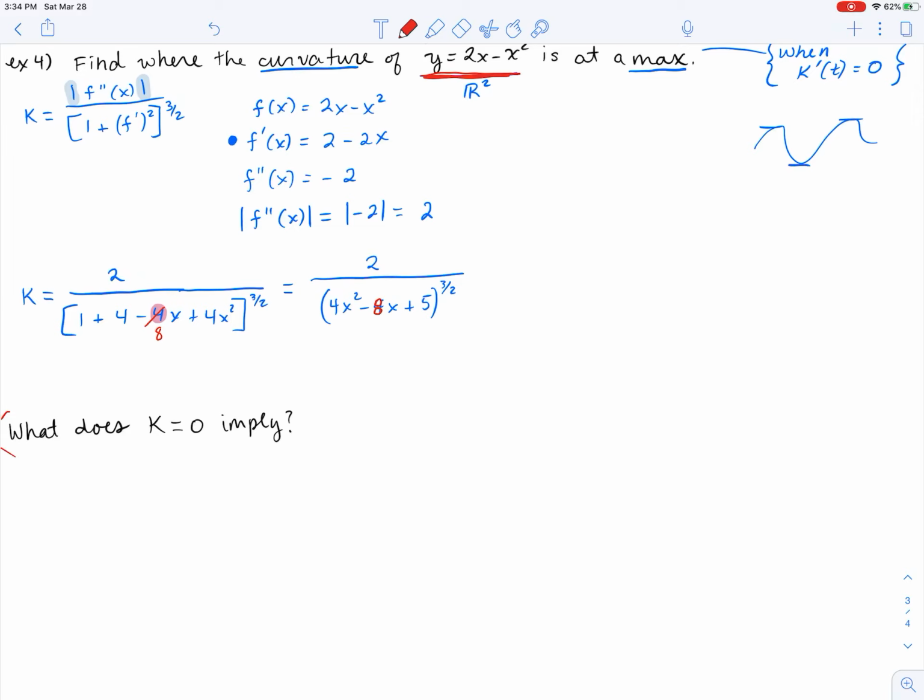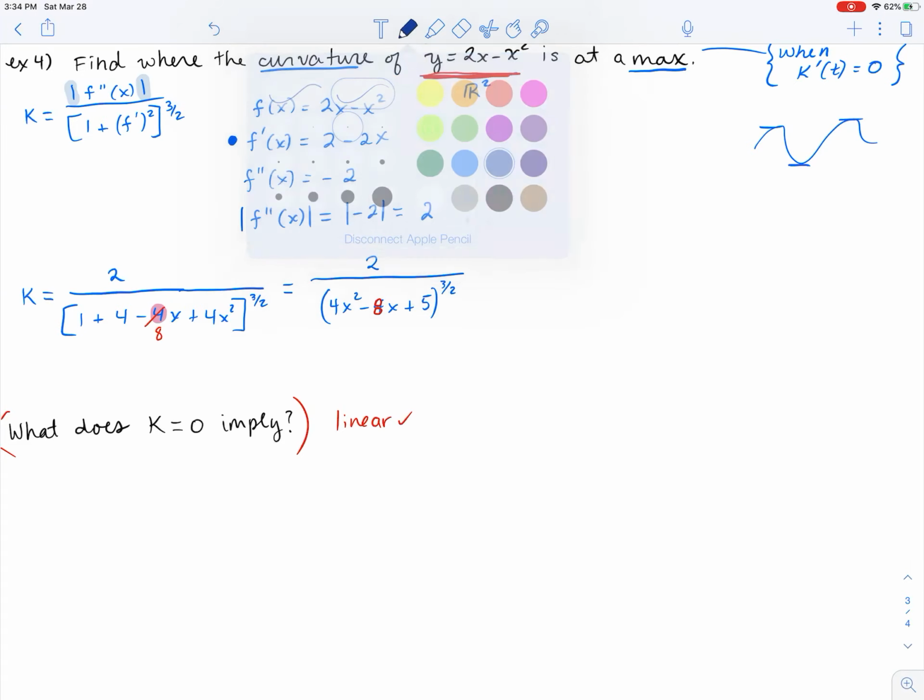Let me go ahead and answer this question really quickly because that's an easy one. What does k equal 0 imply? 0 curvature. If you had to guess, I'm pretty sure most of you would guess linear. And you would be right. Okay, so going back to this previous problem here,